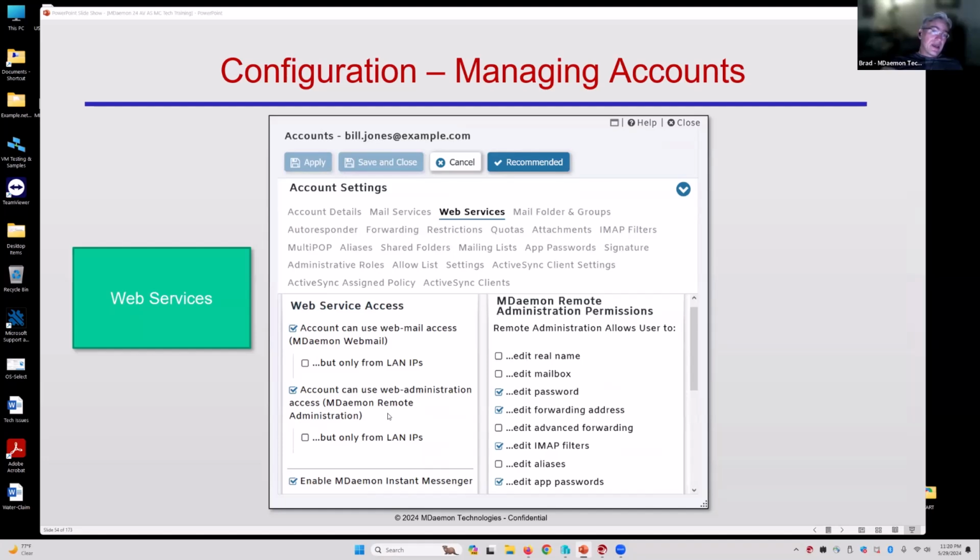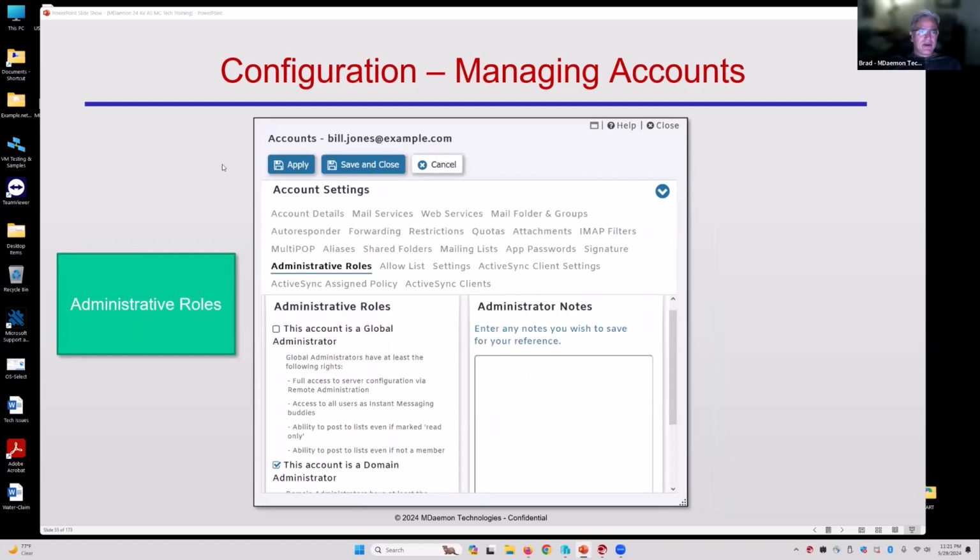Now, of course, a user who has access to remote administration is not going to have access to all the features that an administrator has access to. They can go in, though, and configure their out-of-office autoresponder or anything else that an administrator has given them access to. Under the account manager, under administrative roles, if you want to add another user or delegate administrative access to another user, you can make that user a global administrator or a domain administrator